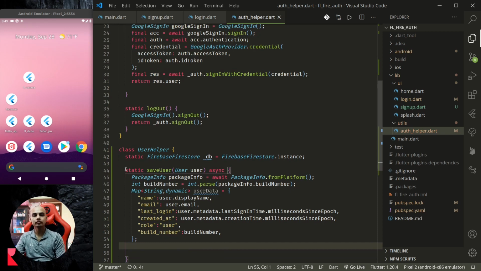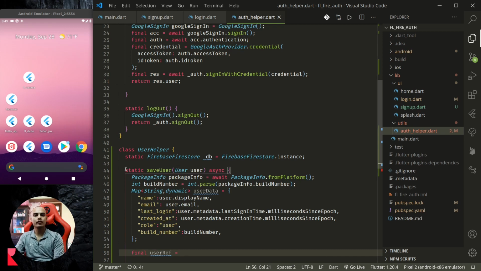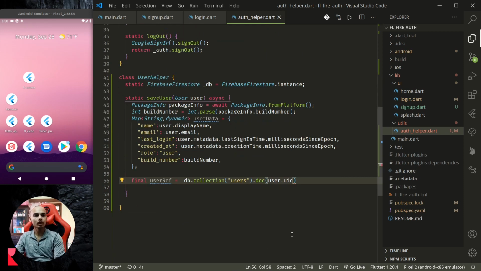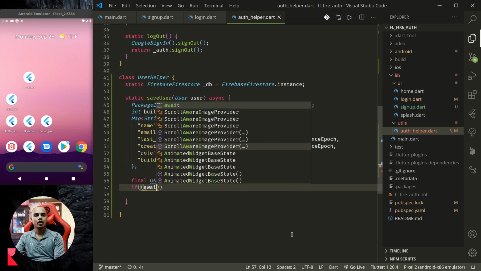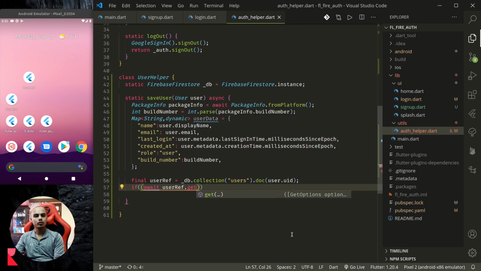Now we need to check if the user already exists. So final user ref equals db.collection users collection dot doc. So we'll use the same ID that is returned by Firebase Auth. That way it will be easier for us to know the logged in user from the database. So this is our user ref, and we'll check if it already exists. If await user ref dot get dot exists. If it exists, then